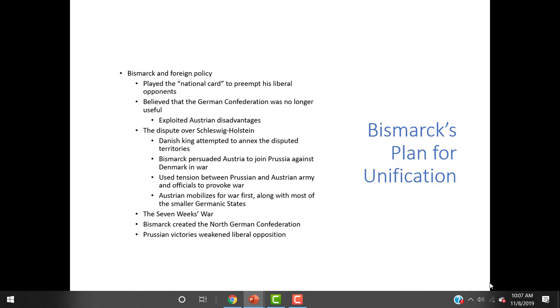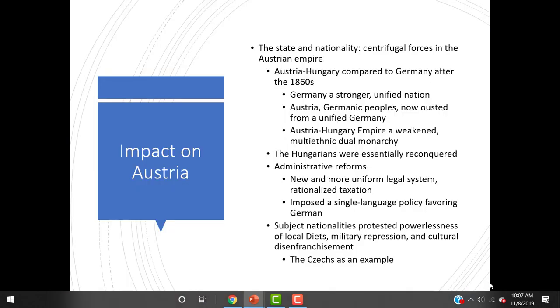Austria mobilizes for war first, along with most of the smaller Germanic states, and there was a seven weeks war. And then at the end, Bismarck created the North German Confederation. But the Prussian victories weakened the liberal opposition, which he liked. Austria-Hungary compared to Germany after the 1860s: Germany is a strong, unified nation now. The Austro-Germanic peoples are now ousted from a unified Germany. The Austria-Hungary Empire is weakened,